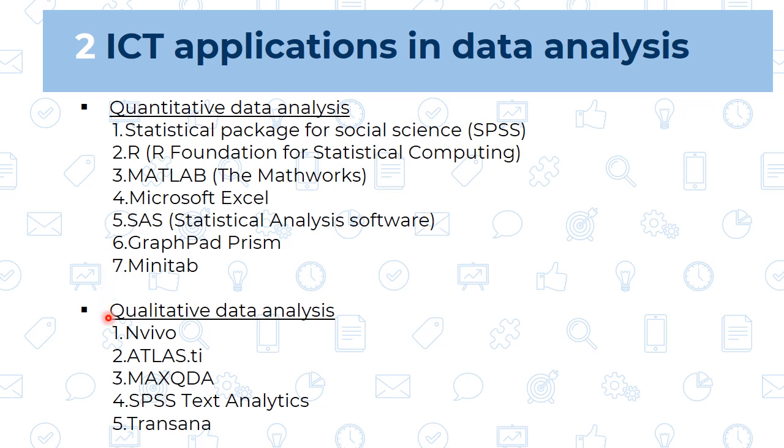Now second, that is qualitative data analysis. So the first tool which we can use is called NVivo. NVivo has been designed for qualitative research working with very rich text-based or multimedia information where a deep level of analysis of the data is required. And second, that is Atlas. Third, MAXQDA. This MAXQDA is an alternative to NVivo, and it can also handle a similar range of data types, allowing observation, color coding, etc.